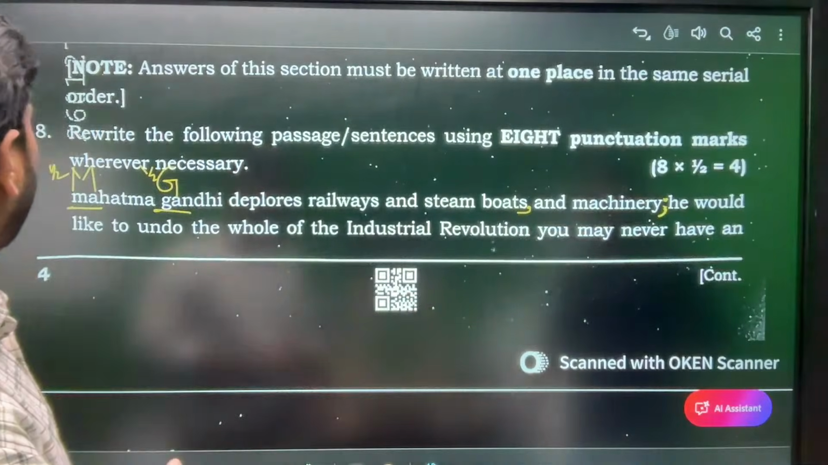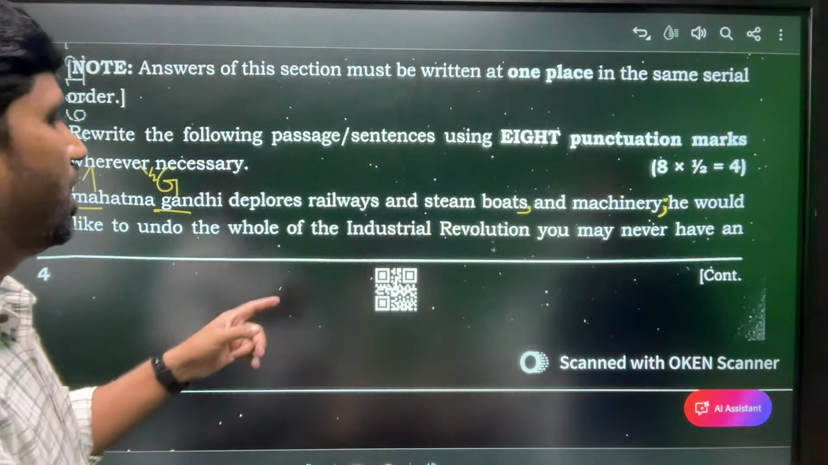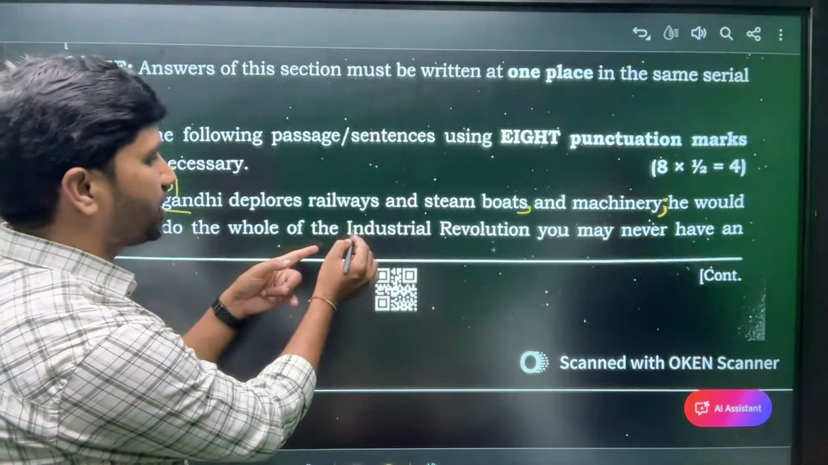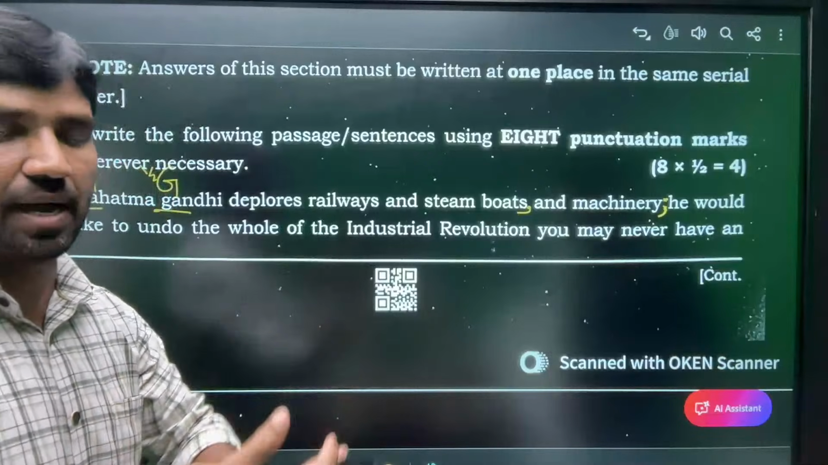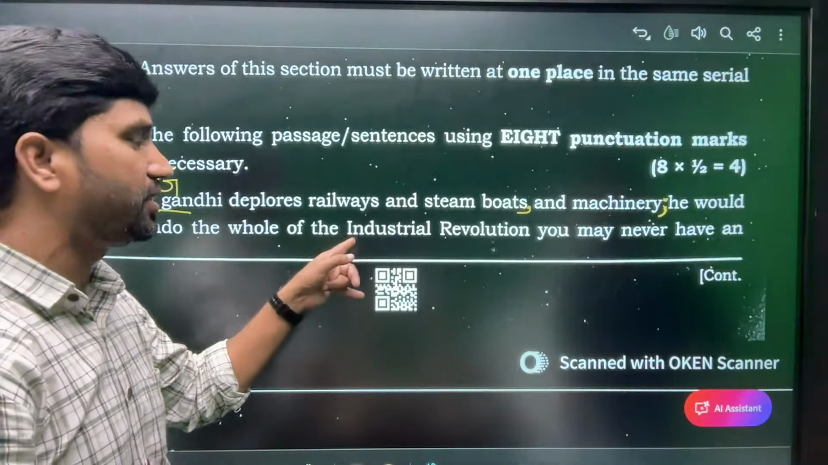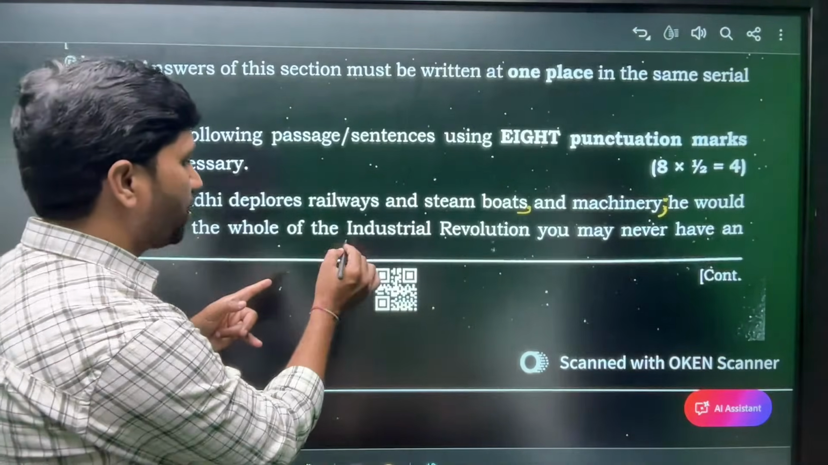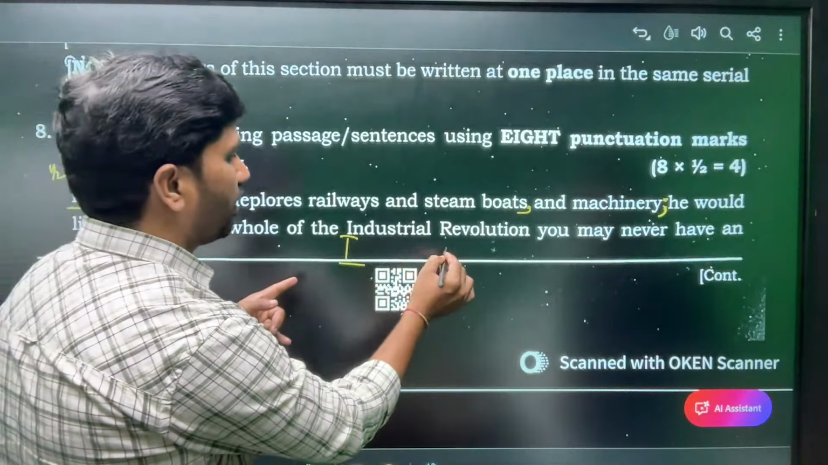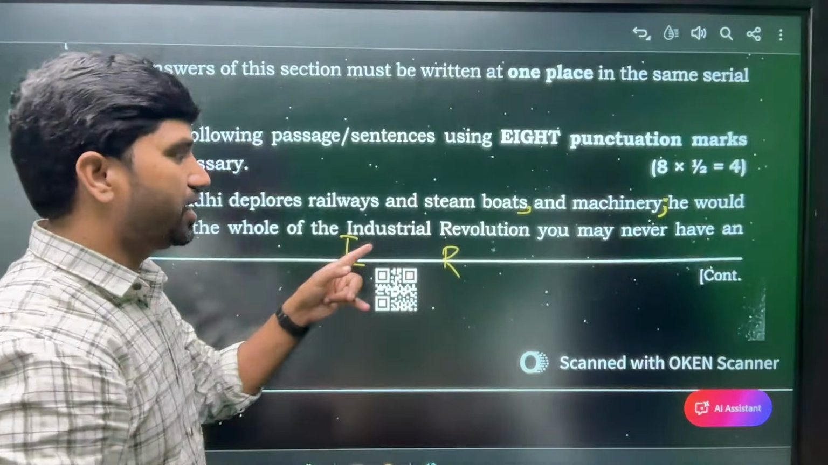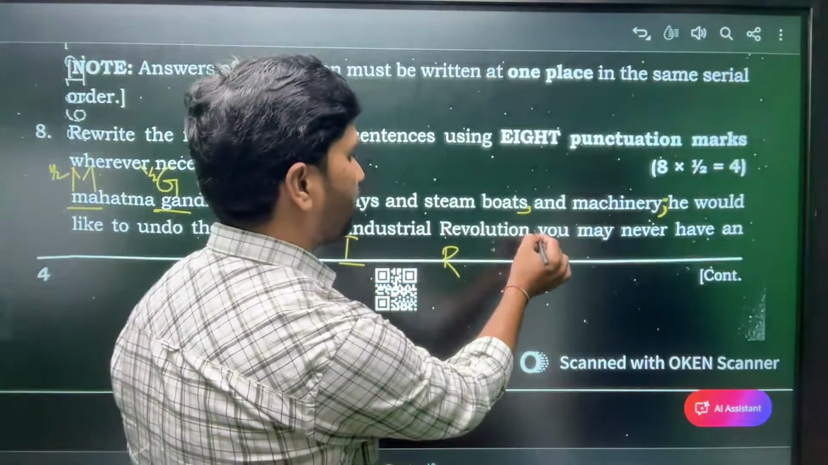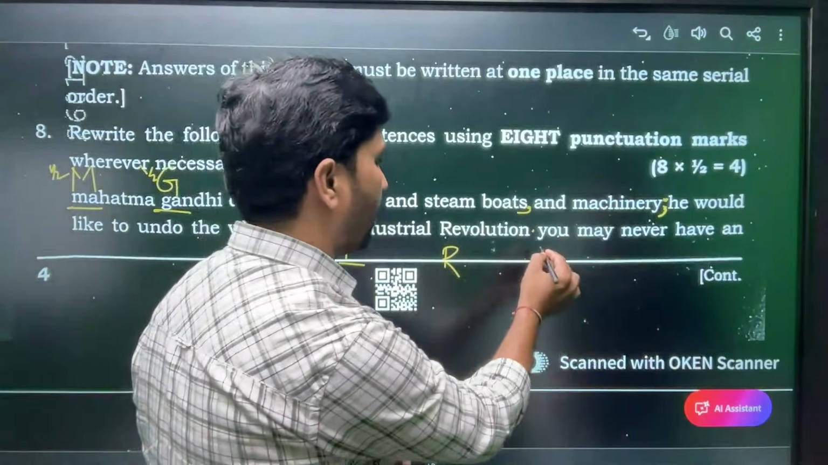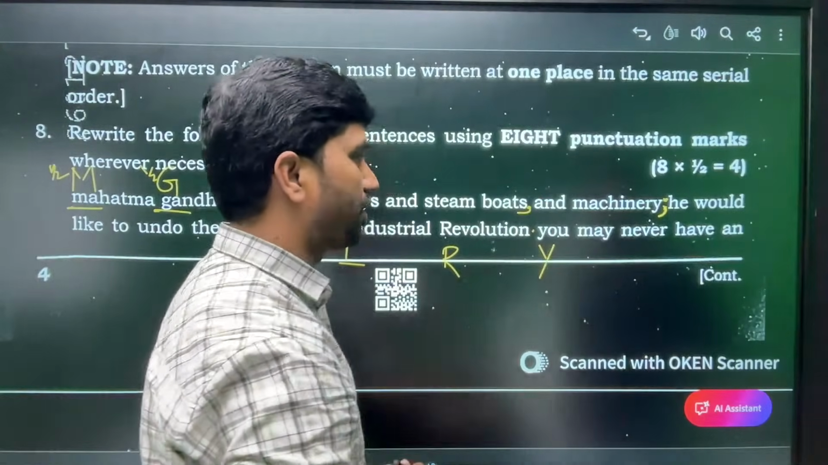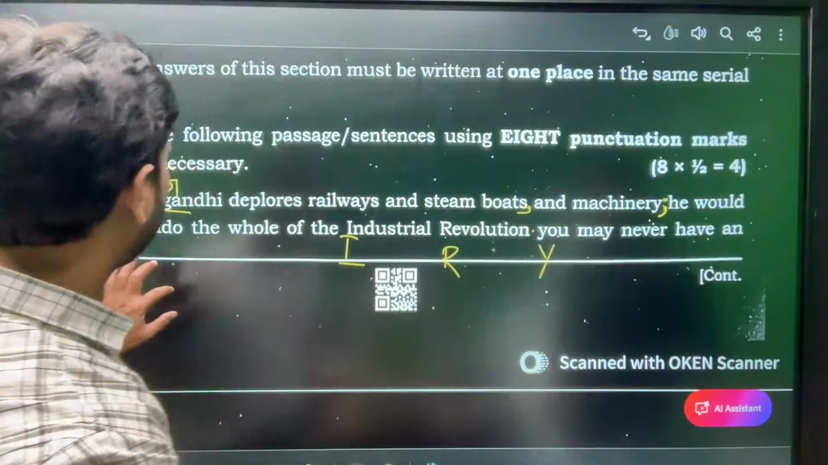And he would like to undo the whole of the industrial revolution. Here, Industrial Revolution they have already given in capital letters. If they have not, for example in tomorrow's examination, if they don't present it in capital letters, you need to make it capital. After revolution, it's a full stop. Then after the full stop, the sentence should start with a capital letter. Again, why should it be in a capital letter? You may never have an